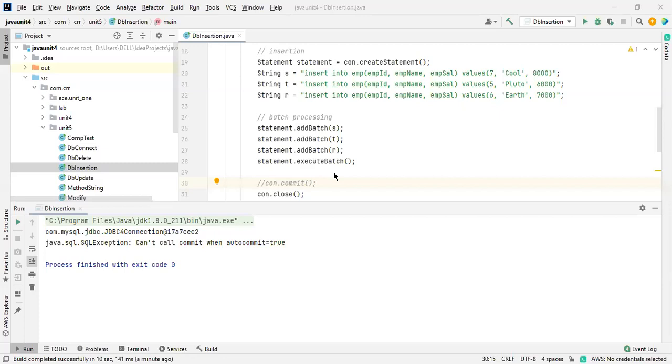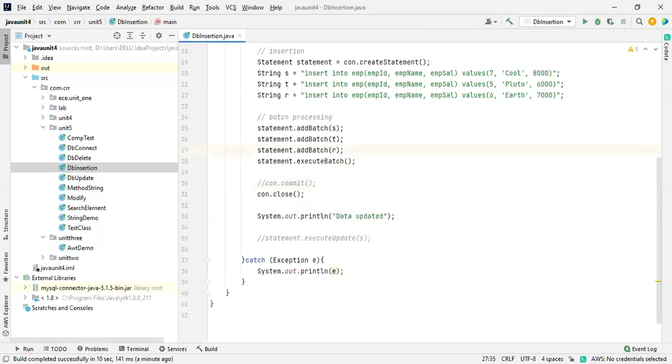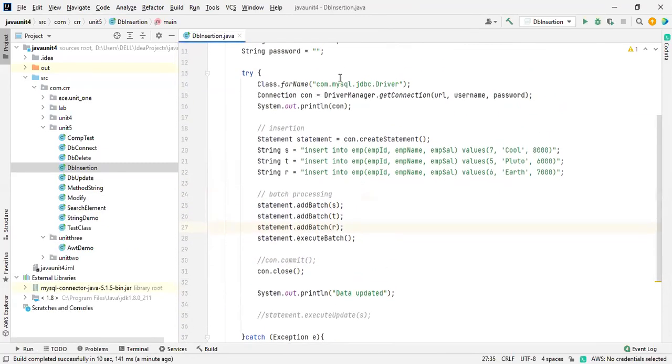So here, after the connection, check this out. Connected successfully. Okay, I just want to mention that.